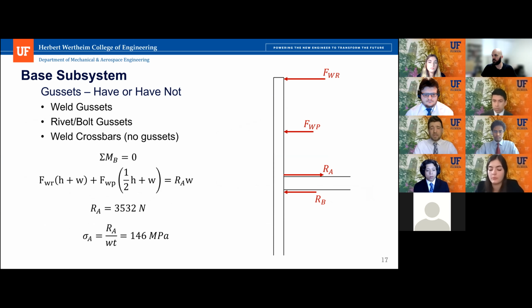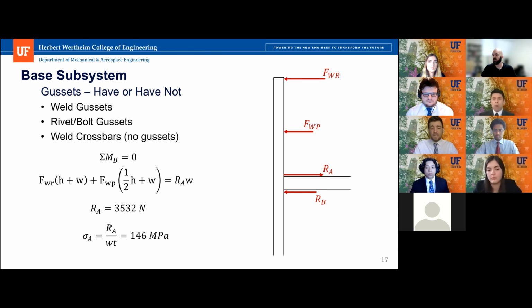It added a lot of cost, and so using moment equations, you can find the reaction force at the top of the cross beam, which would be higher than your reaction force at the bottom of the cross beam. And then using the width and thickness of that we already determined, you can find the tensile stress in that